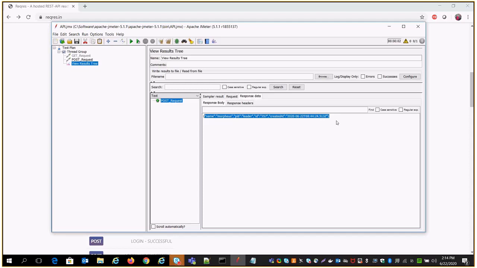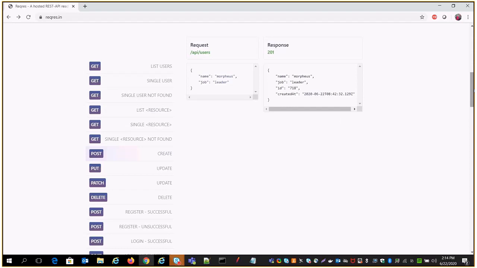Okay, so that is the way we can develop API scripting using get, post, and there are some other multiple methods also. You can use the put method, delete. So those things you can practice from your end, and if you have any doubts, so just